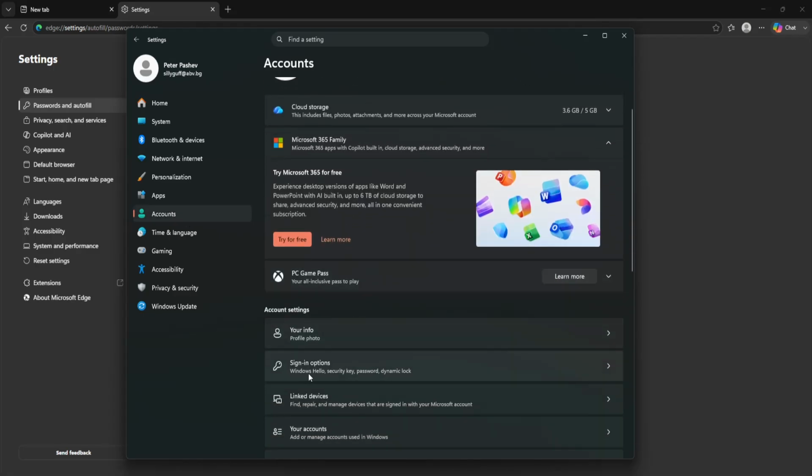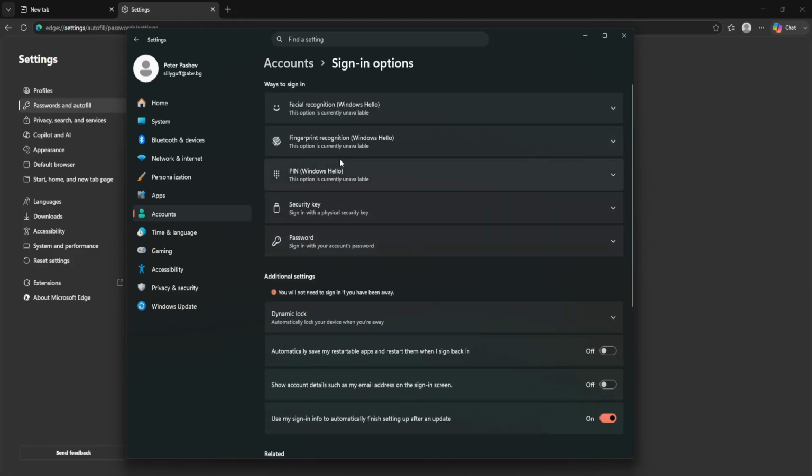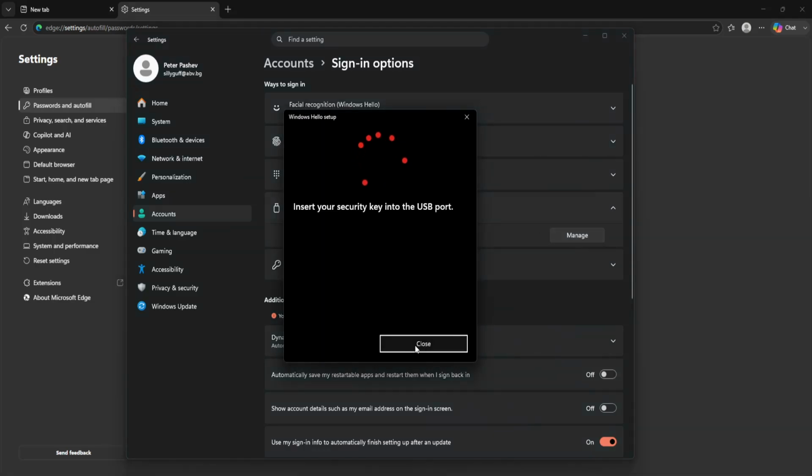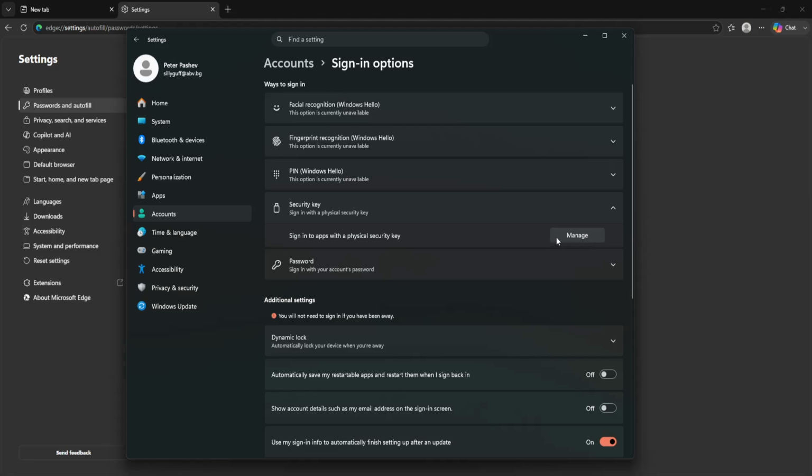Then you want to go into Sign-in Options, and here where it says Windows Hello, this option is currently unavailable for me, or Security Key. You want to go ahead and expand these options and sign in to apps with physical security key here. We just want to go ahead and disable it from this